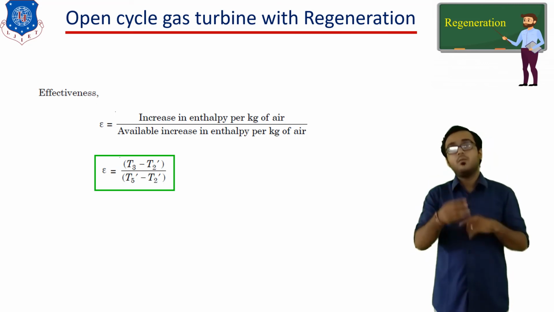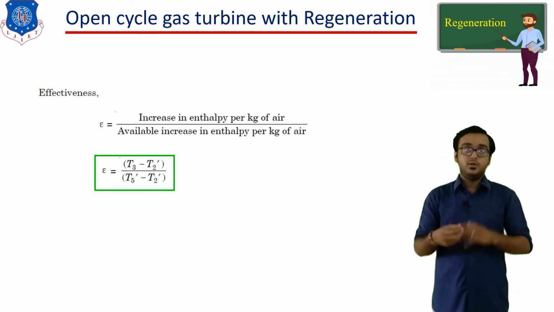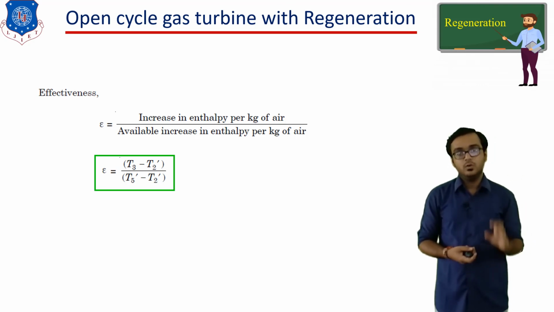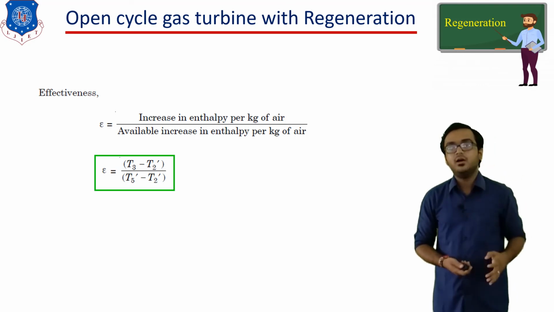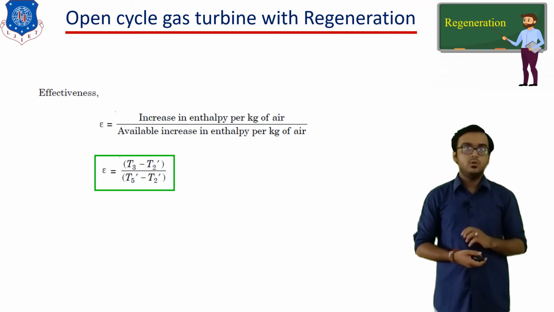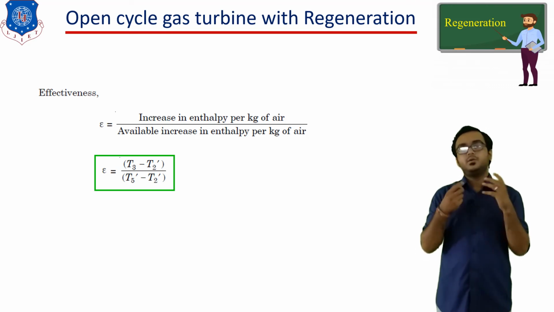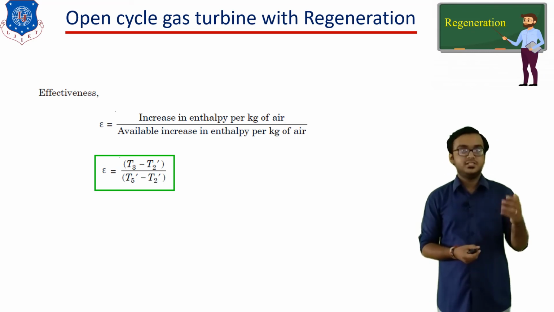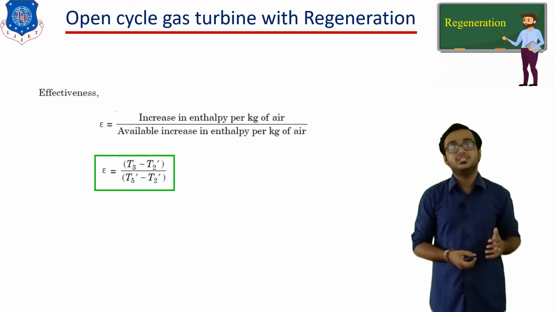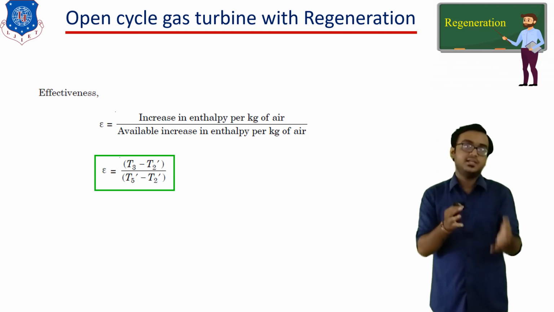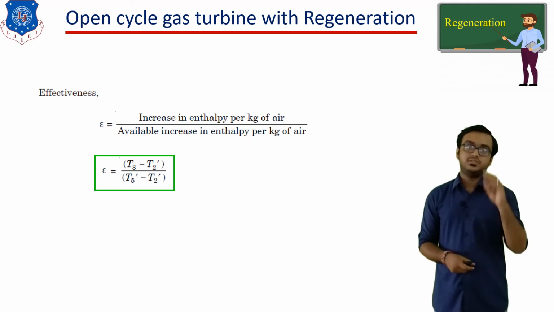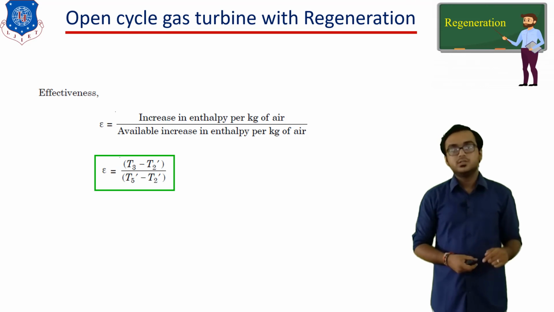By using these three techniques, we can improve the efficiency of the turbine. One can also combine two techniques simultaneously, I mean to say intercooling and regeneration, or reheating and regeneration. So it is all about the cycle with regeneration. Here we have completed chapter number 2, that is the gas turbine. Now in our next session, I would like to continue with the jet engine, which is the practical application of the gas turbine. So stay tuned with me. Okay, thank you.